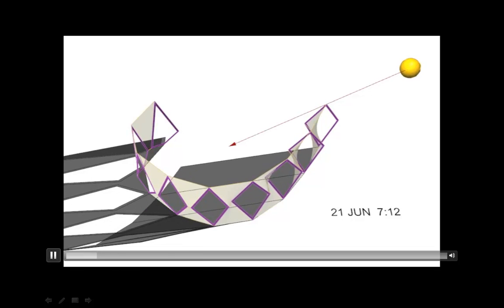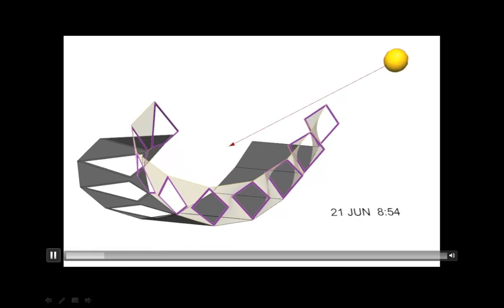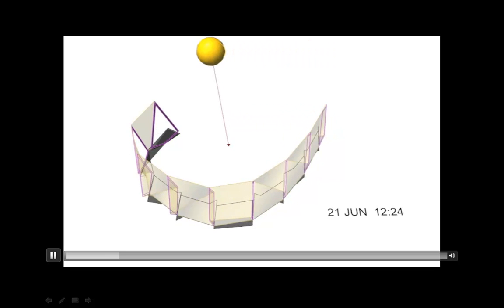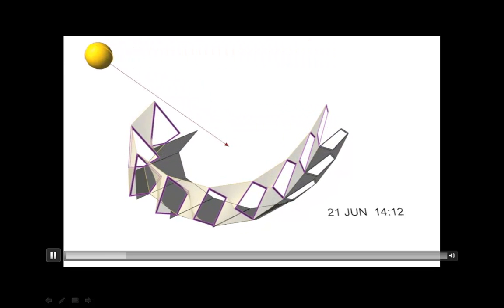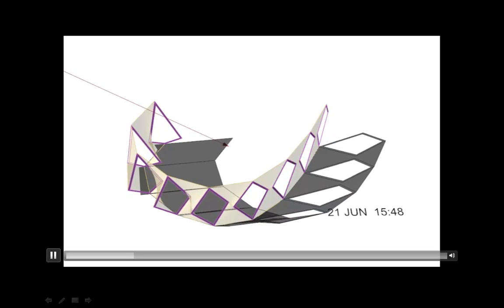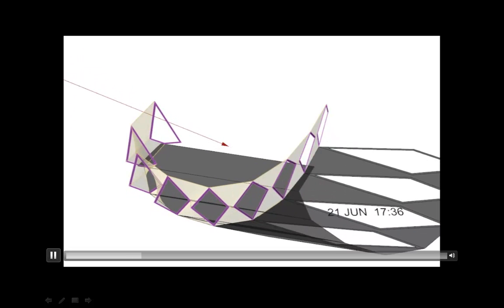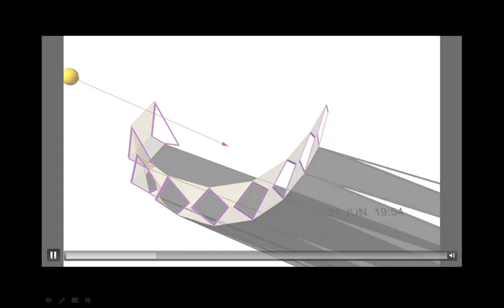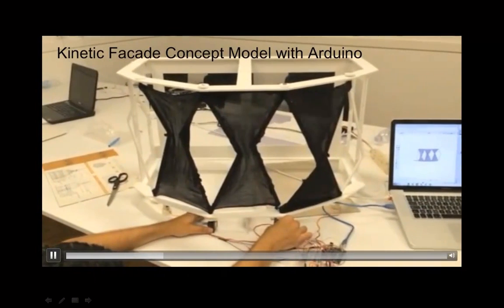So here's an initial study on our facade system, tracing the sun path to maximize shading at all times of the day. This is just one day. As you can see, the panels are rotating following the sun path. This is a